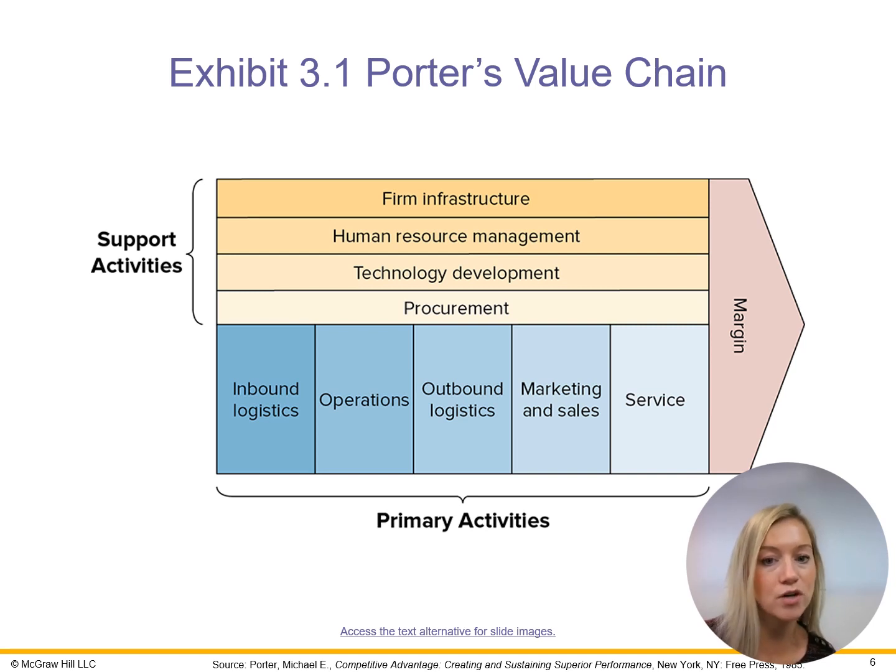Porter's nine value-creating activities include five primary activities and four support activities. Marketing managers can use Porter's value chain to identify and focus on the activities that create the most value for their customers. For example, a marketing manager for a clothing company might focus on developing innovative marketing campaigns to promote its company's products, whereas a marketing manager for a technology company might focus on developing new products that meet the needs of the company's customers.